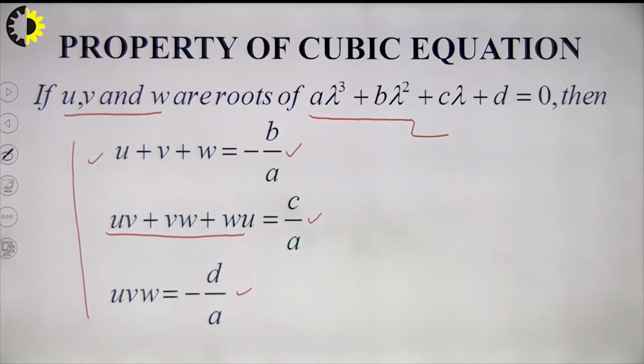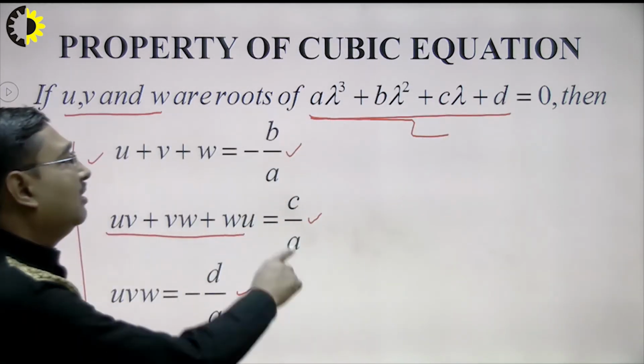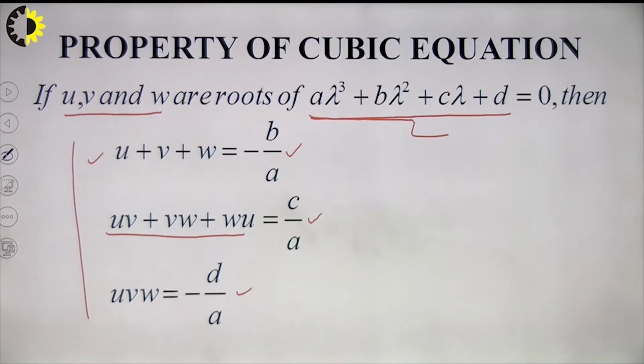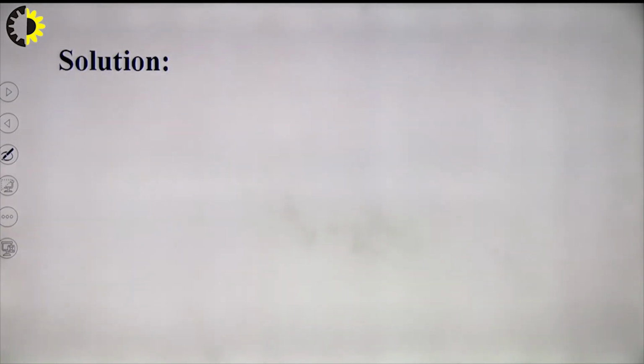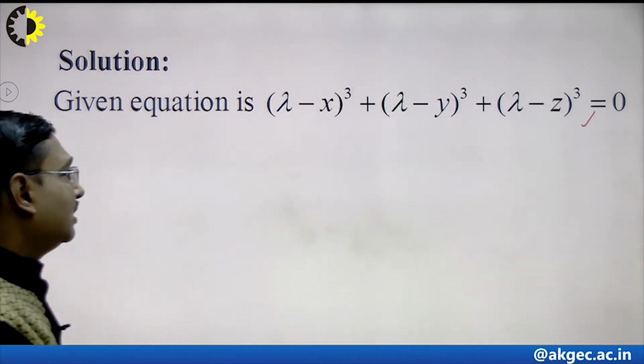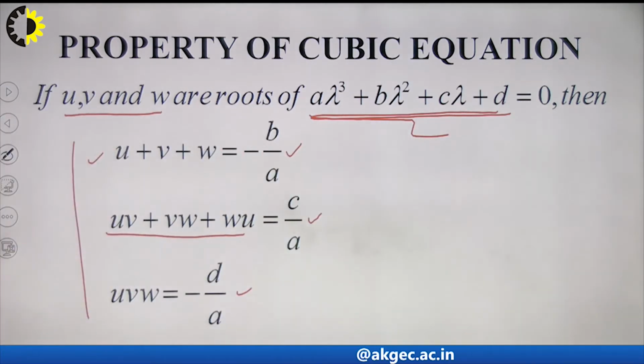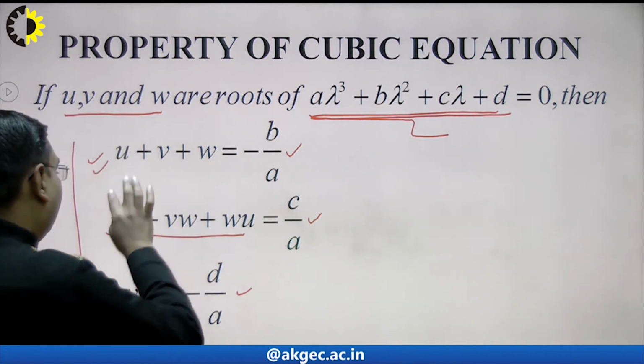These three results are well known results obtained in theory of equations. We shall use these results to find relations among u, v and w and x, y, z for the given equation, and before that we shall express that equation in this standard form. Now we move towards solution. This is our equation. This equation is to be expressed in this standard form,